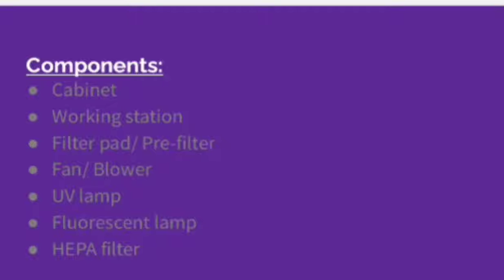The cabinet is made of stainless steel with few or no gaps or joints, preventing the collection of spores. The cabinet provides insulation to the inner environment created inside the laminar flow and protects it from the outside environment. The front of the cabinet is provided with a glass shield, which in some laminar cabinets opens entirely, or in some has two openings for the user's hands to enter the cabinet.